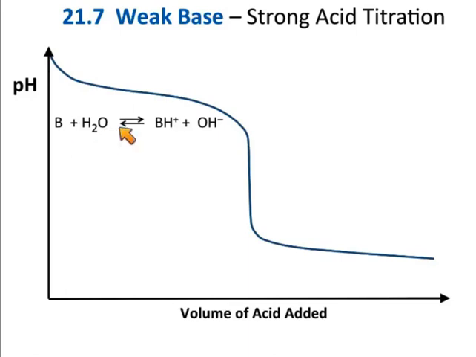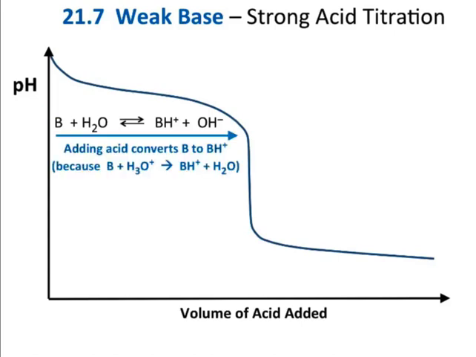So you have your weak base, put it in water, it makes its conjugate acid, and then hydroxide. It's a base, it makes hydroxide. And so this is the only equation you need before you start, which again, will be just like when we did weak bases. Then, when you add acid to this, you're going to convert the base to its conjugate